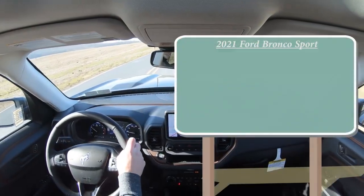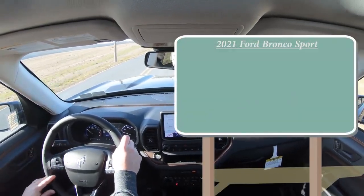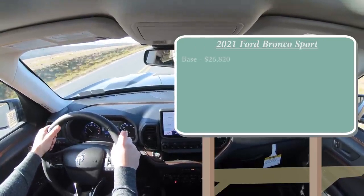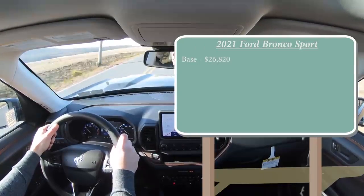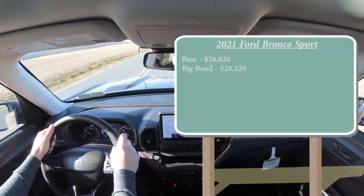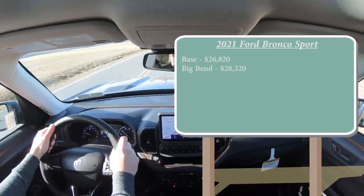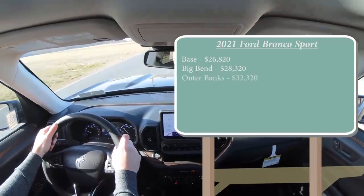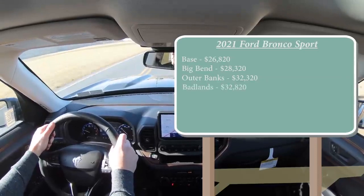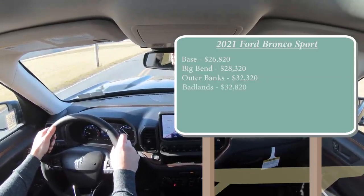So as you can imagine, there are several different trim levels for the 2021 Bronco Sport. First one being the base trim, starting at $26,820. Then you have Big Bend for $28,320. Then there is the Outer Banks, which actually is the one we have today, starting at $32,320. Badlands starting at $32,820. And then First Edition starting at